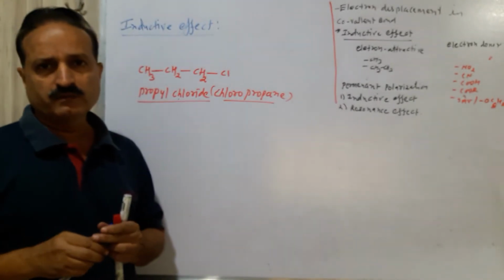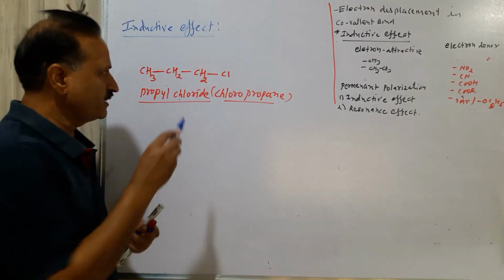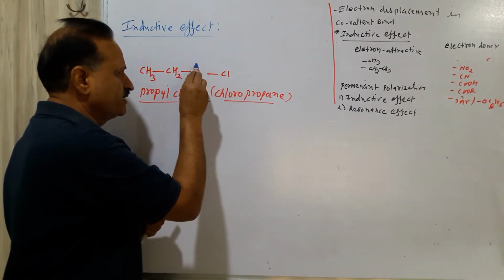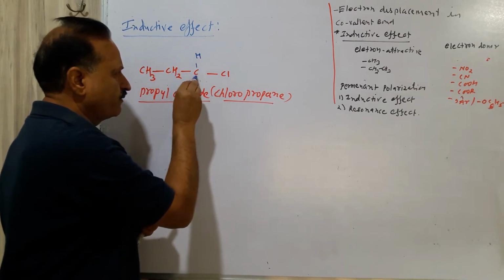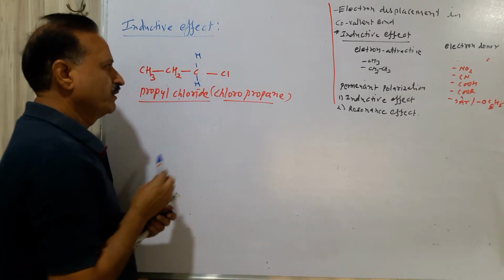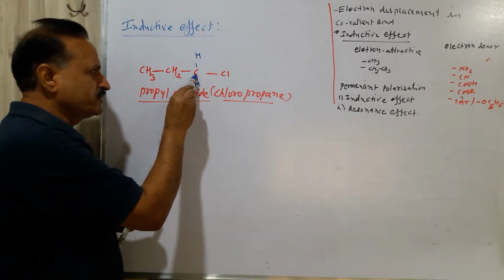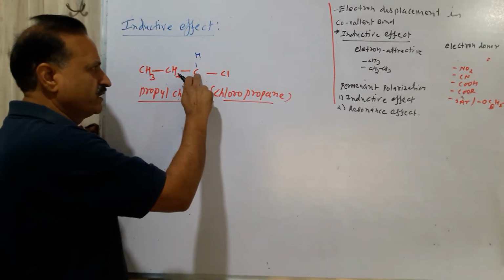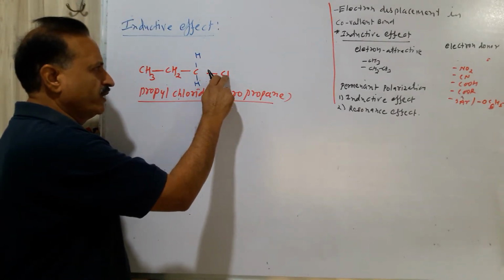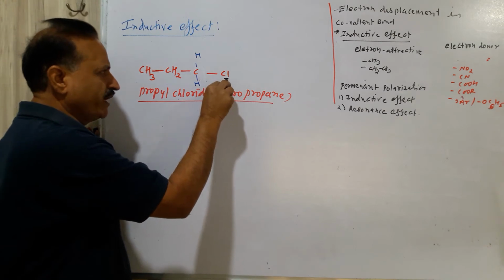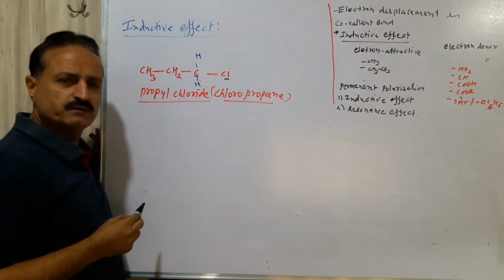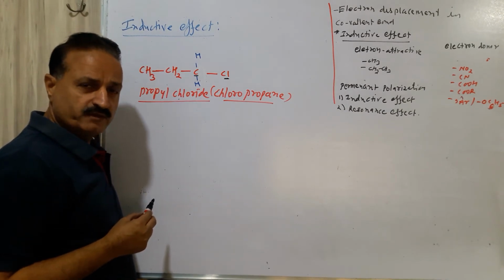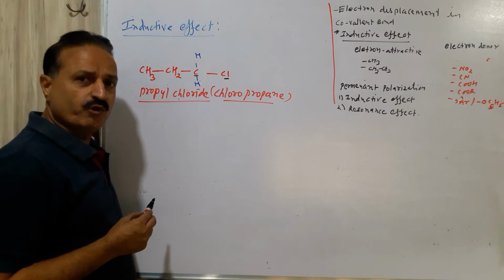When two atoms form a covalent bond, these are the two atoms. This bond is not between hydrogen and chlorine; this bond is between carbon and chlorine. So this is a covalent bond. This is the carbon, this is the chlorine, forming a covalent bond. And chlorine is more electronegative than carbon. So there is an electronegativity difference between the two elements that are forming the covalent bond.